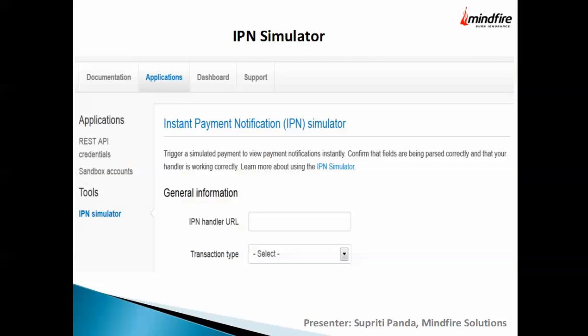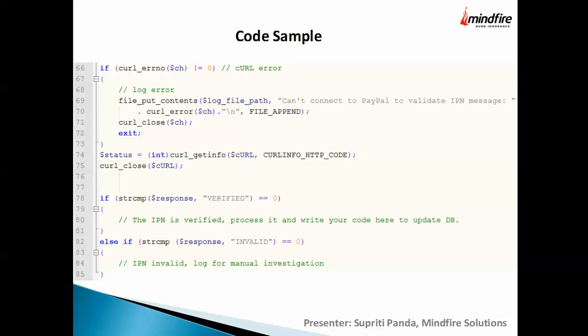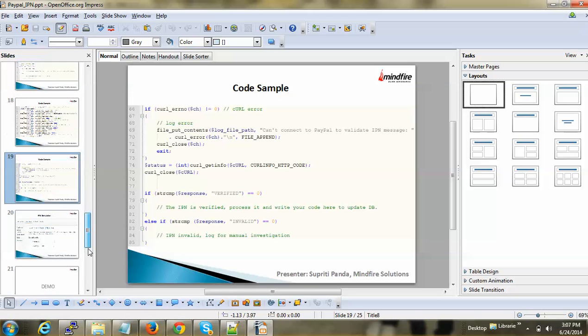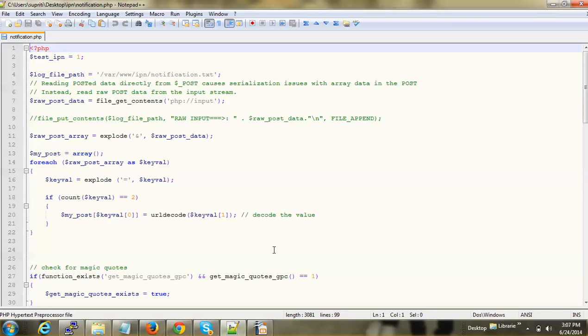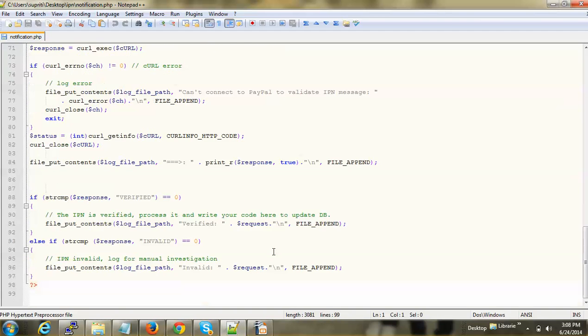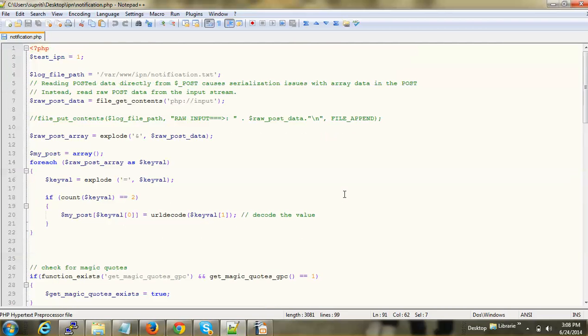So let me show you the code over here. This is the same code I have written over here. Same code, right? Here I am logging it. If you see, I am logging it, even the status is verified and the request, so that we know what is in the request. So how will we test our script? Because this is a backend script, this will be called from PayPal. We cannot directly check it. So to check it,